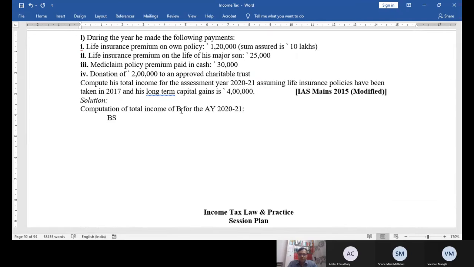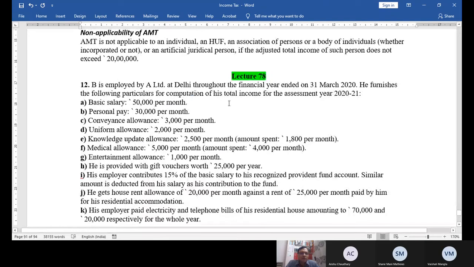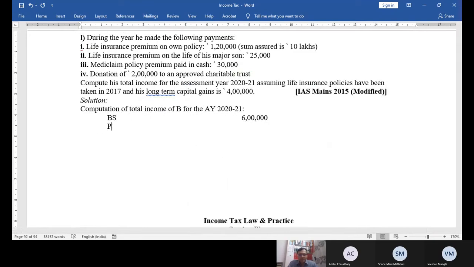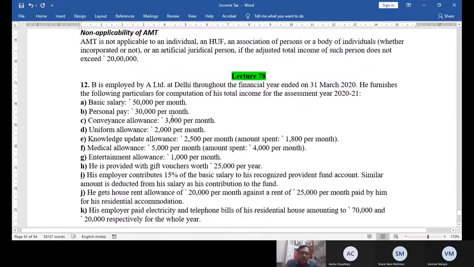Basic salary. So I'm not showing the full presentation. Basic salary is how much? 50,000 into 12, that is 6 lakh. Personal pay. What is personal pay? Basically for civil servants, personal pay for an IAS officer means whenever the IAS officer is transferred from one job to another,